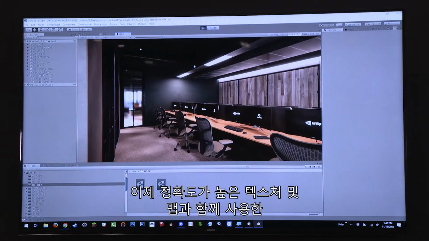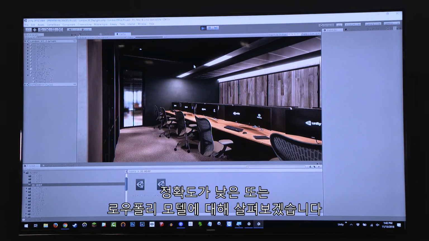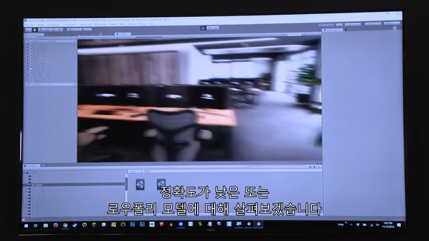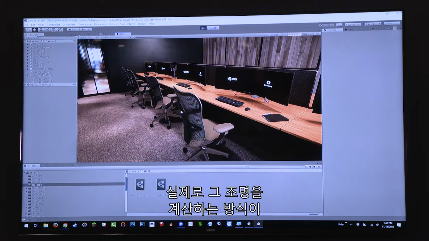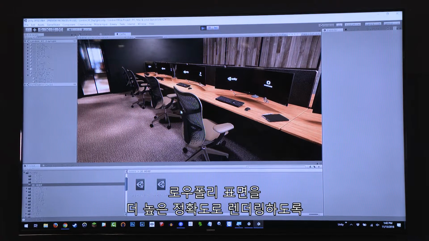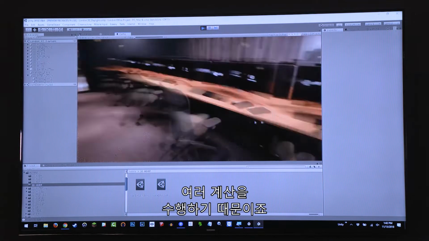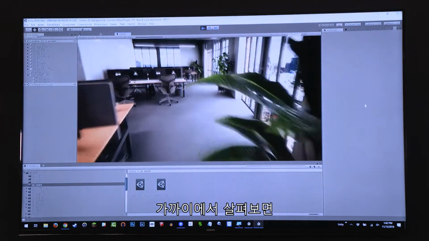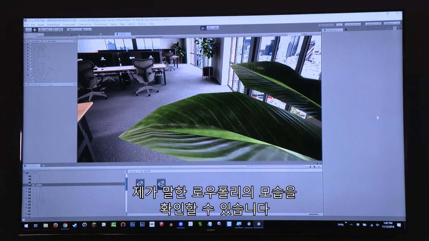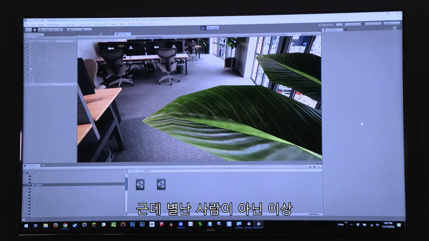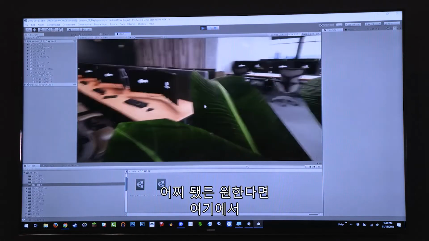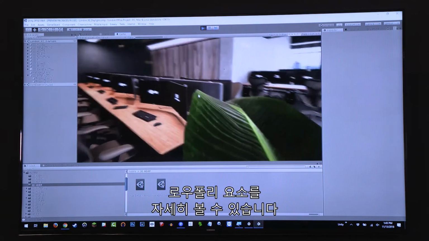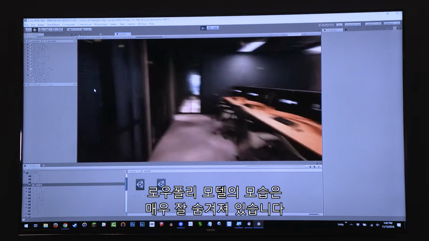Now, when I was talking about low fidelity or low poly models used with high fidelity textures and maps, that's not really easy to tell, because the way Unity layers its maps and calculates its lighting causes low poly surfaces to actually render as higher fidelity, right? It's doing all these calculations for you. But you can kind of see it a little bit with the plants. If I get really close to the plant, you can see what I mean when I say low poly, right? But generally speaking, if you are standing there in the plant, you're probably a weirdo and probably shouldn't be there anyway. So you can sort of break into that to see some of those low poly elements if you want. For the most part, we do a very good job of hiding that.